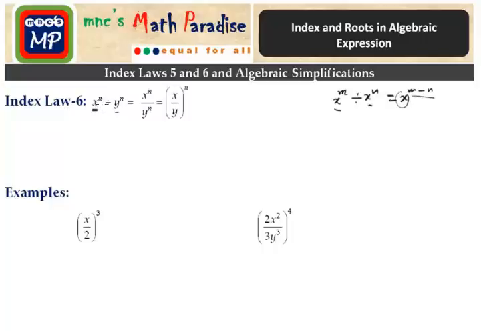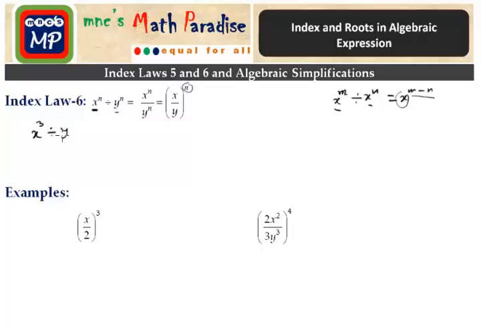Here we will see that if the powers are the same and two different bases are divided by each other, then we get the common power, and these two different bases divide each other. That is, the first base divided by the second base. Let us see some examples. Say we have x to the power 3